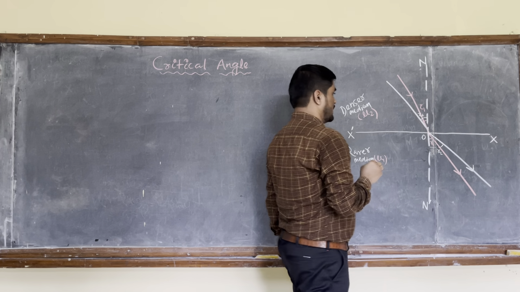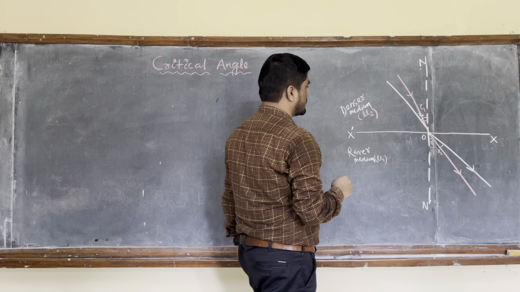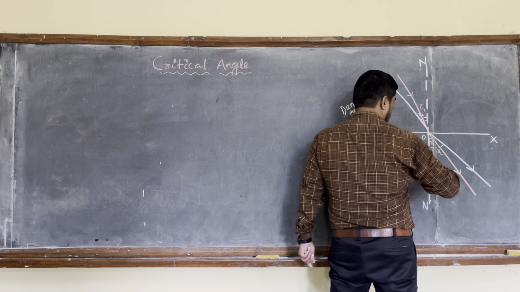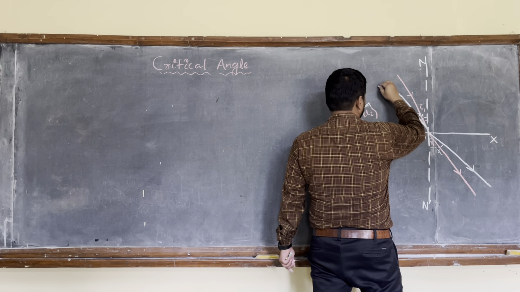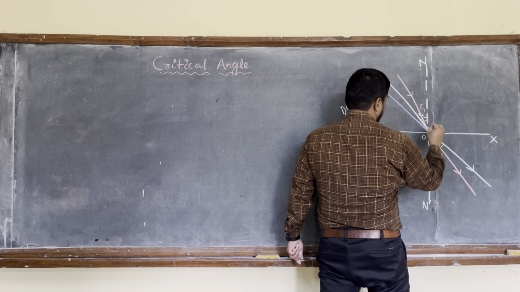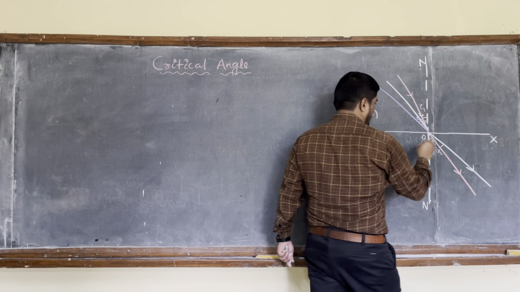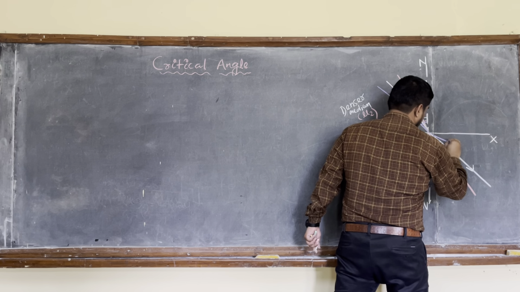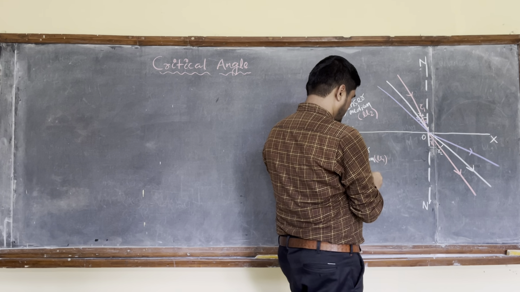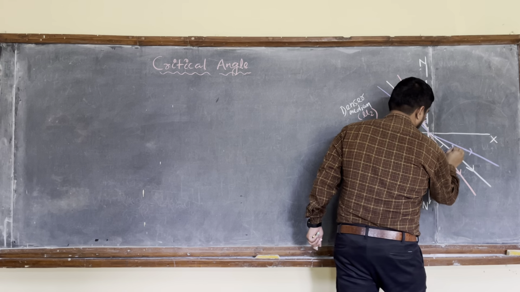for the second ray. And here if you further increase the angle of incidence, then you can find the refracted ray will bend more away from the normal. That means if this is the angle of incidence I3, then you find this will be the refracted ray, and which will bend more away from the normal. So this is R3.